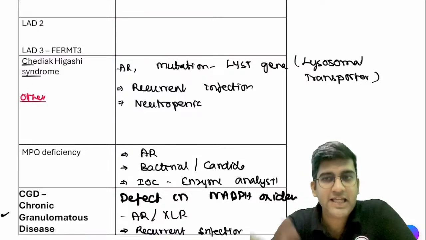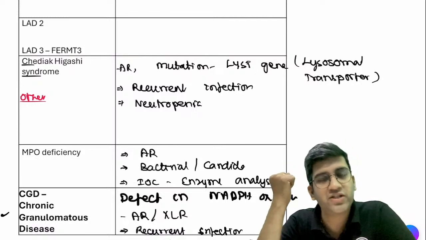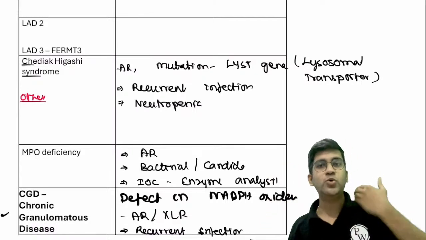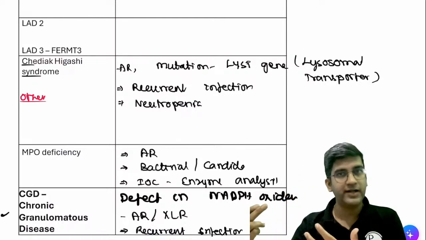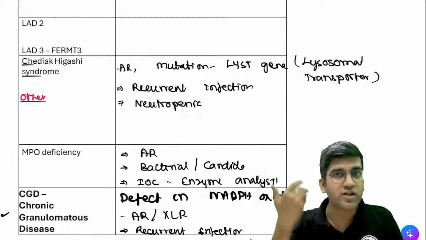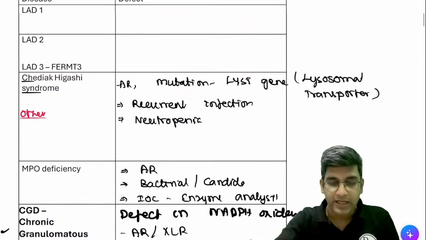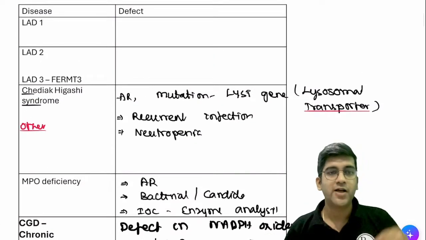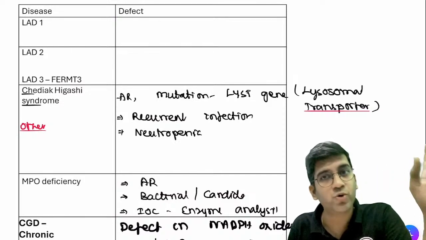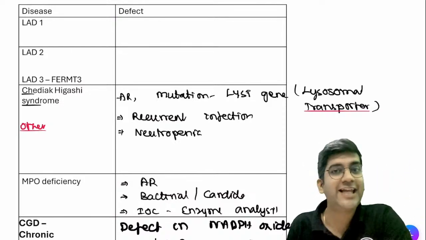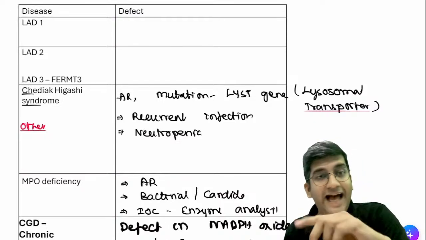Perfect. Same as your Schwann cells, am I right? Schwann cells also come from neural crest derivatives, which means from the neural crest, the melanocytes should come to my skin. It has to move, right? If it's not moving, only the neural crest will be black. My skin will not be black. My toe will not be black. For that movement, I require this transporter. So if the transporter is not there, do you think melanocytes can move from neural crest to my skin? It cannot. If they are not able to move, what will be the color? Like Bharat said, albinism, right?